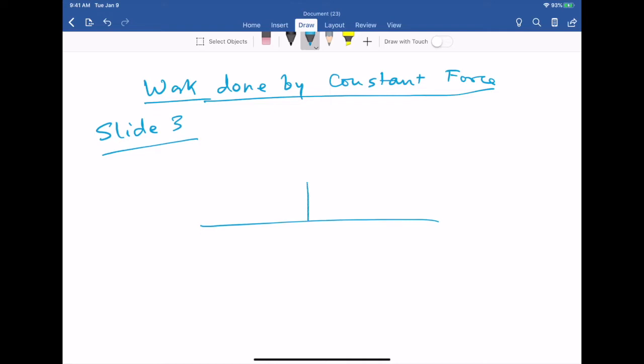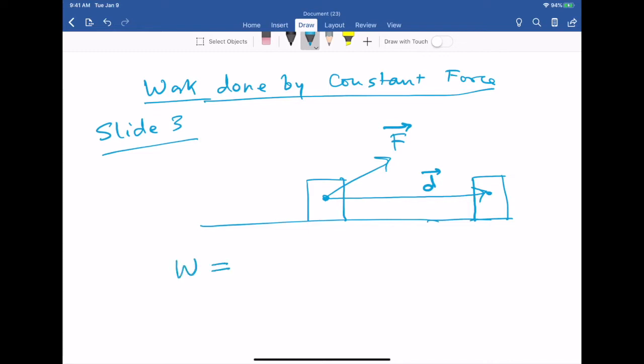Suppose you have an object which is sitting on the ground like this, and you exert a force F on the object, and that force moves the object from here to here. So the object was over here, it moved over here. Let's say that the displacement vector of the object is the vector d, and the object moved in a straight line. So in that case, the work done by this force is defined as F dot d, the dot product of